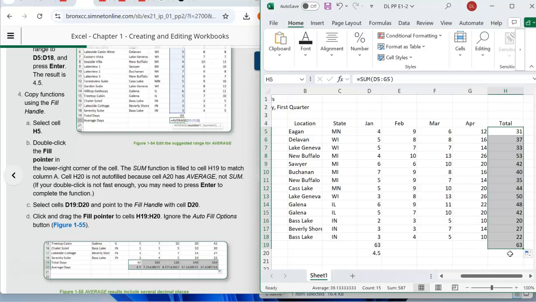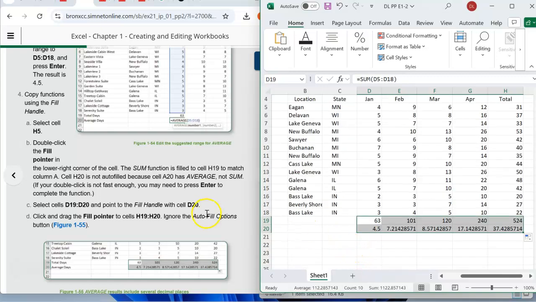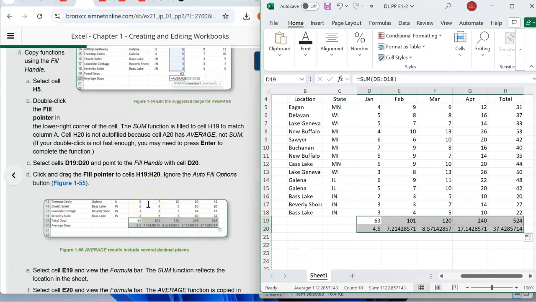Okay. You may need to press enter to complete the function. So now let's click enter. Good. Okay. Now select D19 and D20 together and then use the fill handle and drag it till H19, H20. Just drag it till H19, H20 and let it go. There you go. Now you get the totals and the averages. See, it looks exactly like the 63, 101, 120, 240 and 524. So now we have completed task 4